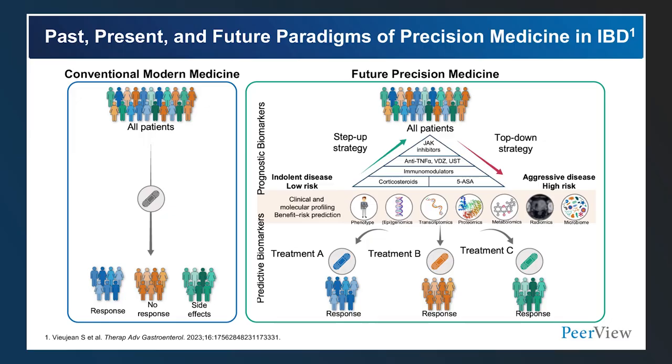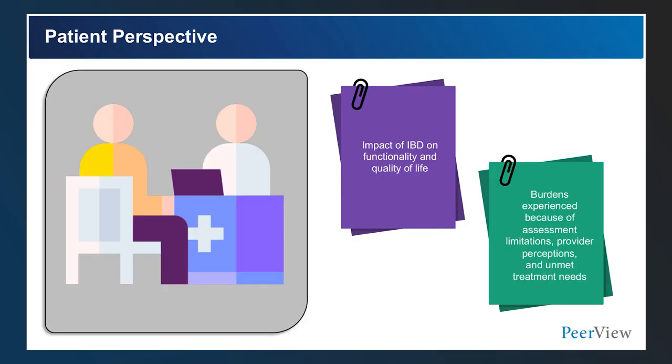There may be patients who could tolerate a step-up strategy, there may be patients who absolutely require a top-down strategy, starting with what could be the most effective drug for that patient. And so the future is really stratifying individual patients, identifying biomarkers that may help us choose therapies and treat them more effectively. So in this talk, in this session, I'm going to wear two hats as both a patient and